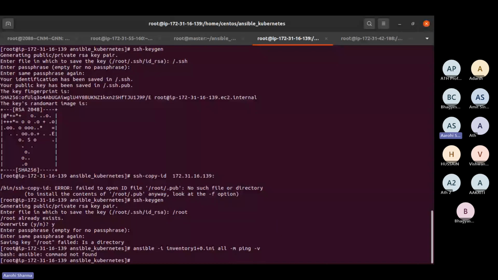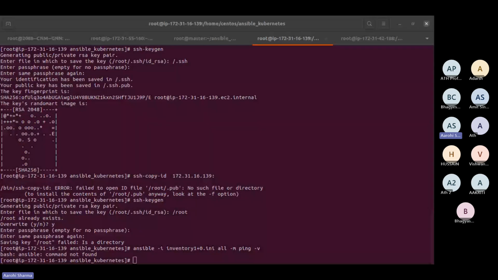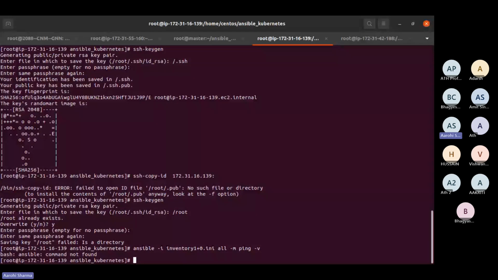Okay, so firstly I just need to install Ansible over here, right? So I'm going to install Ansible first, then check with ssh-keygen. Can anyone check whether the ssh-keygen command is not working for me or for everyone? Just please check that. Anyone? Vishwanath, you are working, right? Hello.